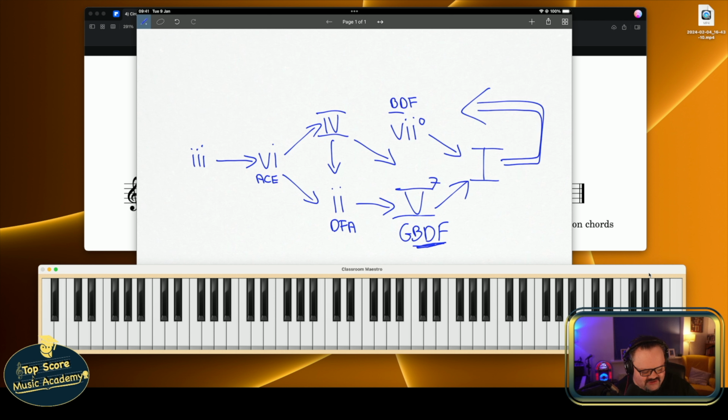Chord 4, of course, can jump across this and go straight to chord 1 to get your plagal cadence. So just like 5 to 1 is your perfect cadence, 4 to 1 would be your plagal cadence. But 5 can also move back to chord 6 for your interrupted cadence, or your deceptive cadence if you're using the American terminology. So you can see it's a bit of a spaghetti junction of arrows pointing everywhere, but I